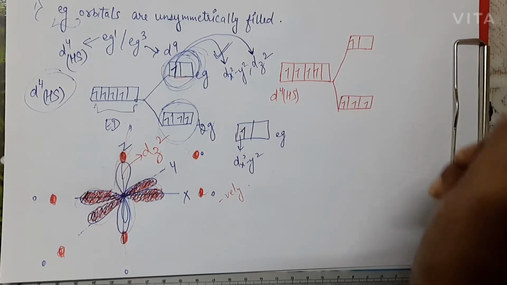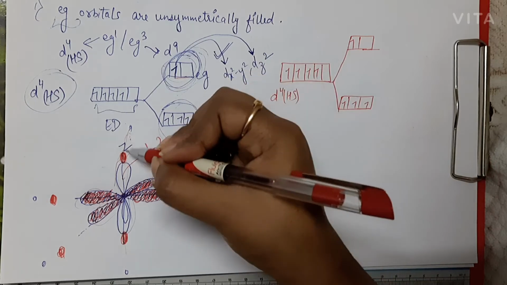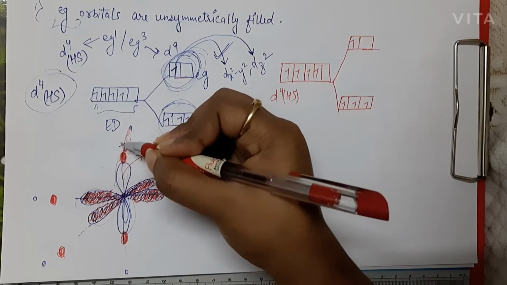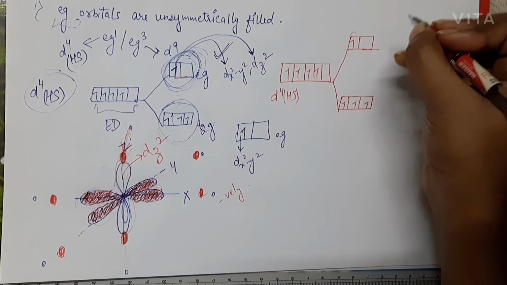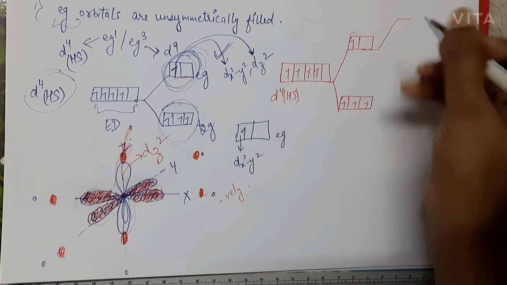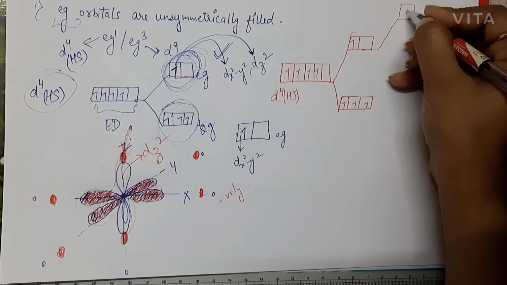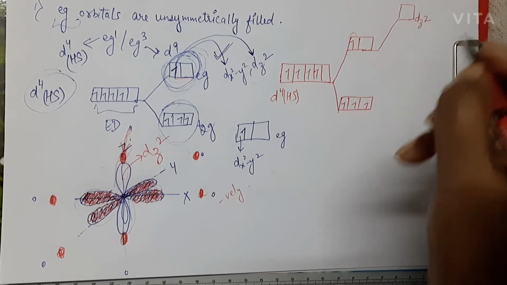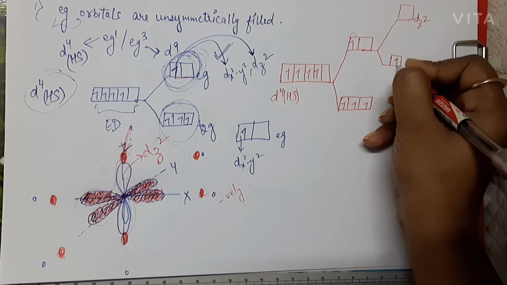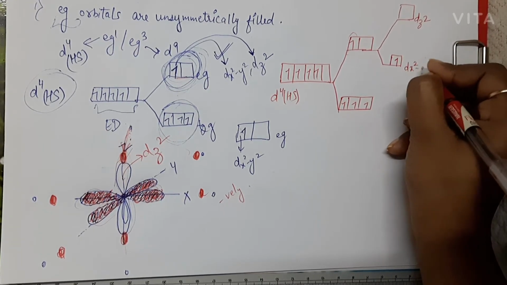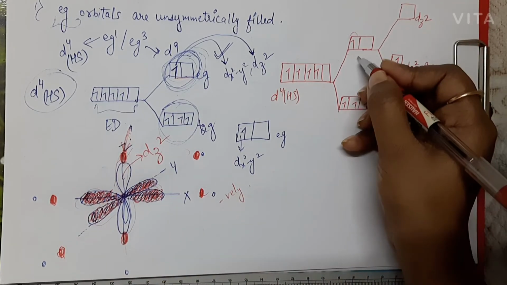So here also electronic degeneracy is not removed. So what happens? Because the ligands have approached very close along the z-axis, the orbital which is along the z-axis, that is dz square, is going to increase in energy, right? And the dx square minus y square, where the electron is residing, will have decreased energy, right? So this way it is going to split the eg orbitals.